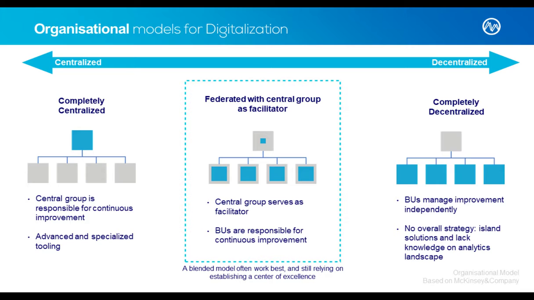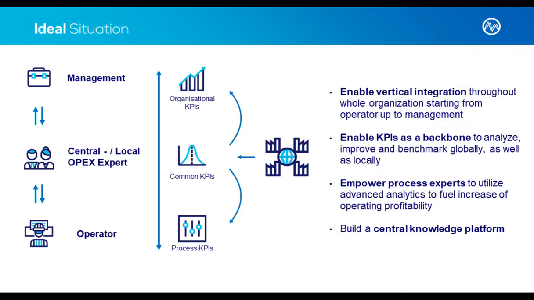Maybe they're a little bit further behind in setting up data infrastructure, or maybe they're more advanced in having context in place. But depending on the needs, the central team can really act as a facilitator. With the end goal of becoming a data-driven organization, the ideal situation is that there are KPIs top to bottom between management in the upper level and operators on the shop floor. And all those KPIs are actually aligned, right?